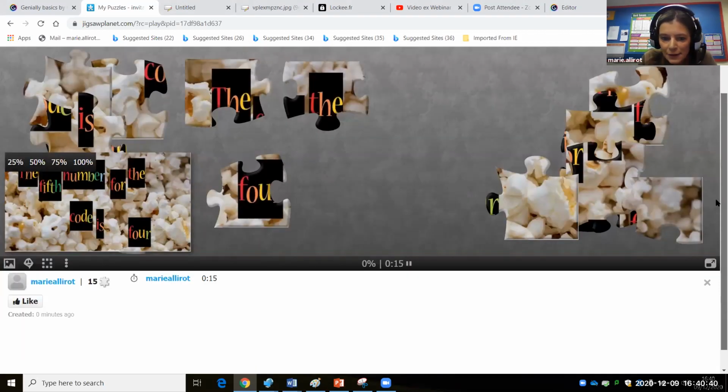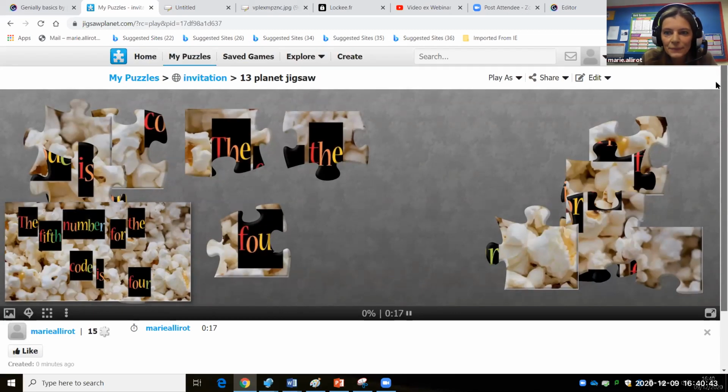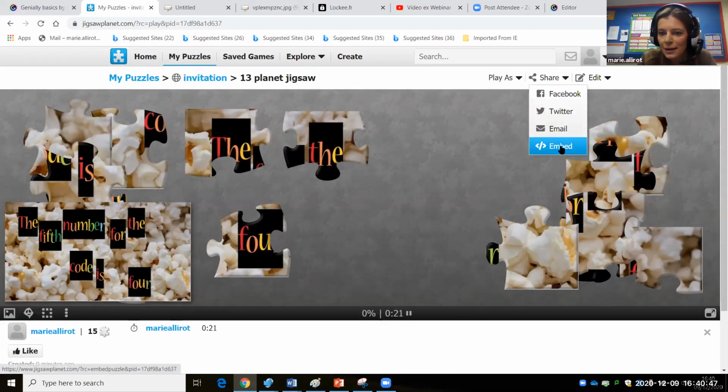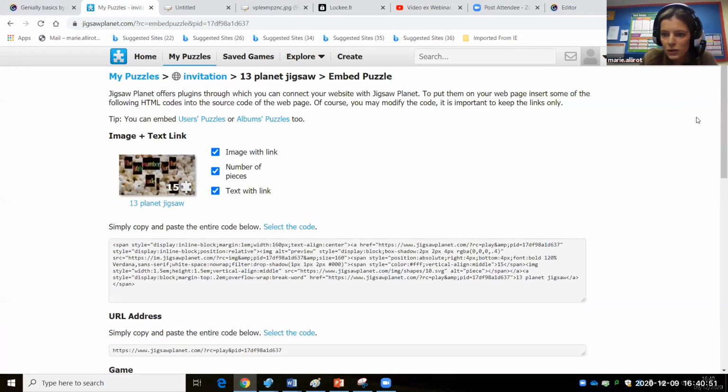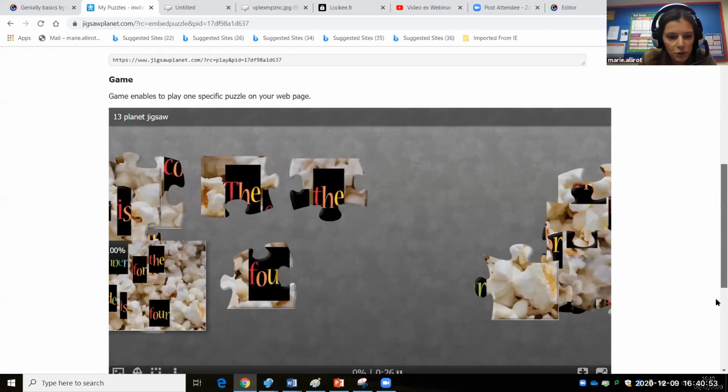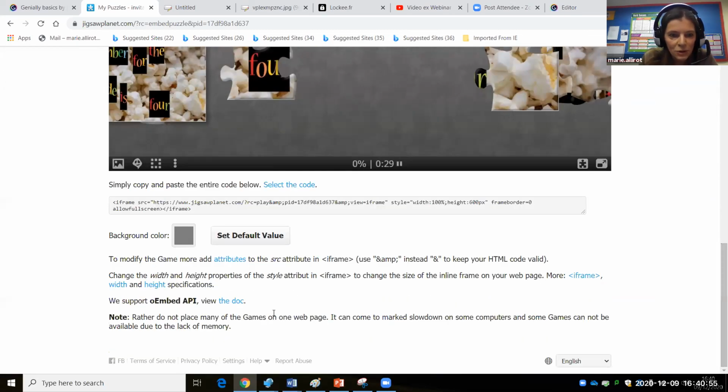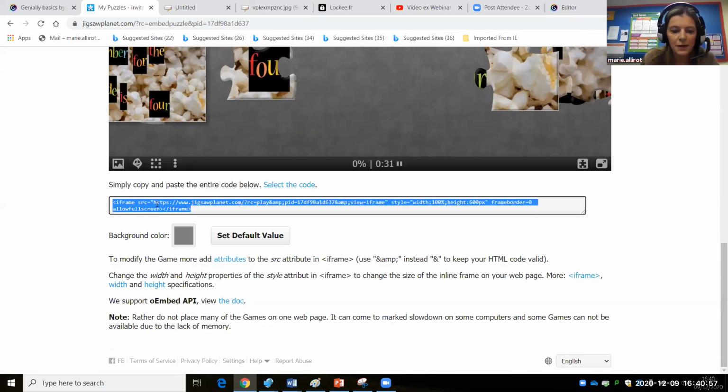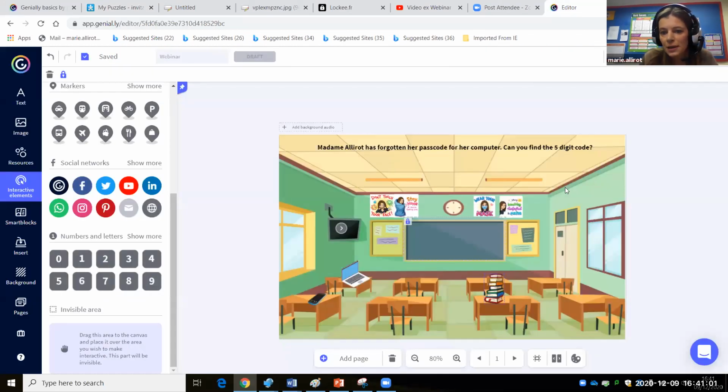So to save this, you click on share, embed, and you need to go to the bottom to find the iframe. The iframe is there. I copy it, and the same as with the learning apps, I put the iframe in there.